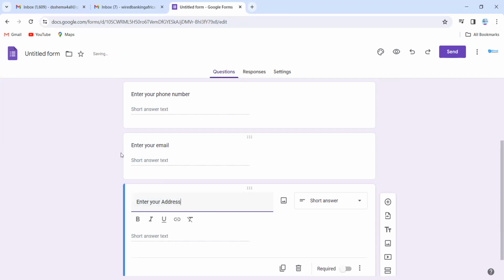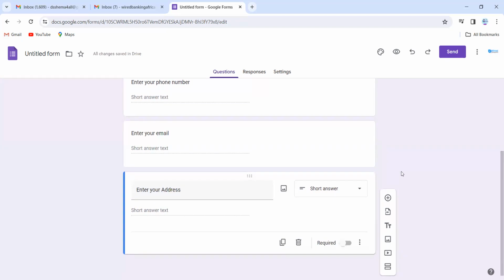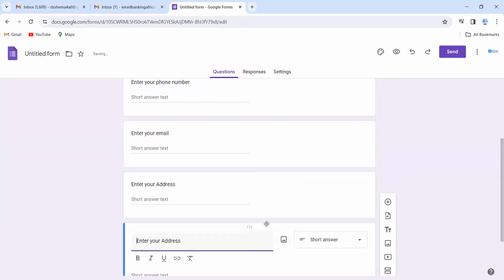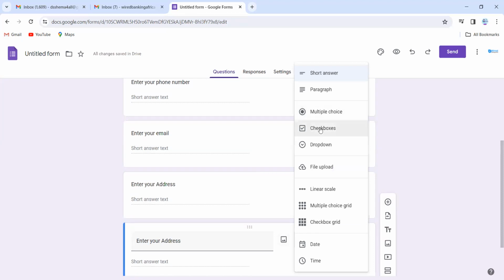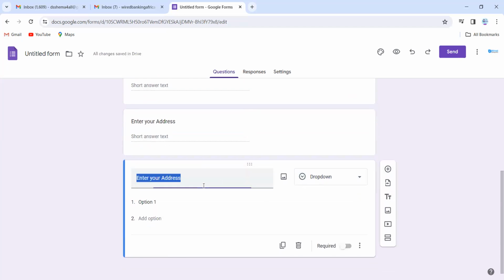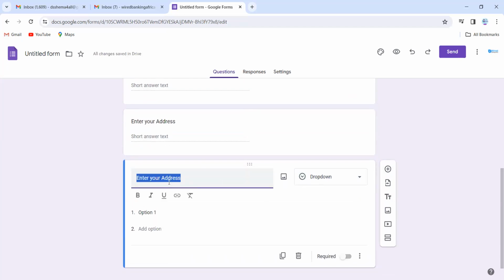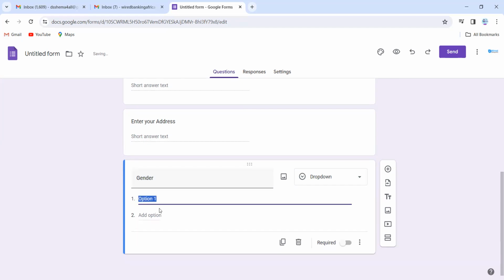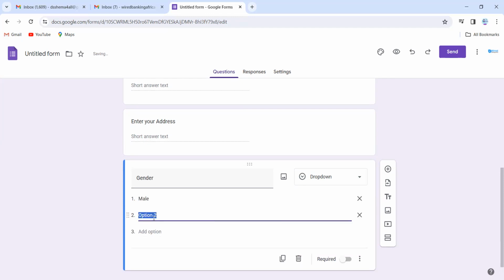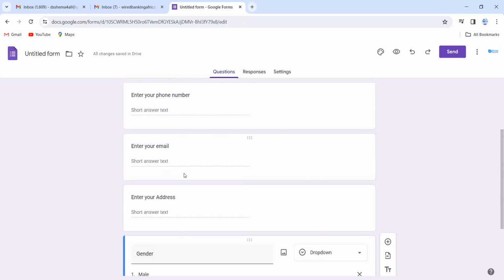Okay. So I can decide to say on gender right now. I can decide to add or even duplicate. You can always duplicate it or add. At this time, you now select drop down, right? You want to make it as a drop down. So you now say sex. You can say sex or gender, right? Then you can now say male. Yeah, so you can say female, right? So you can add as many as it is,